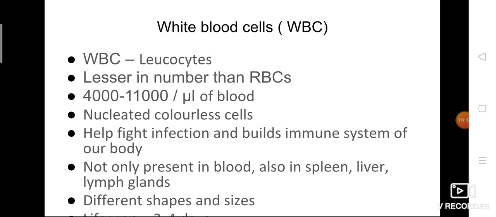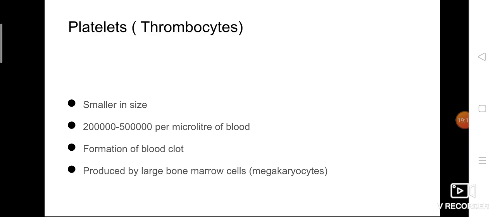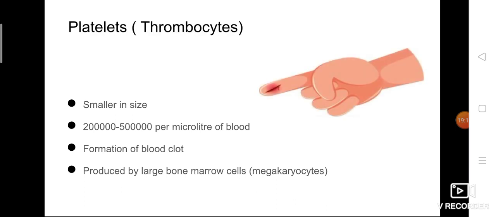Okay. The fourth component which is present in our blood is platelets, otherwise called thrombocytes. So what is the main function, ma'am? The formation of blood clotting is the main function of platelets. While studying plasma, I told you a protein, fibrinogen, plays a role in blood clotting, isn't it? The same way, like fibrinogen, platelets are also involved in the blood clotting mechanism.